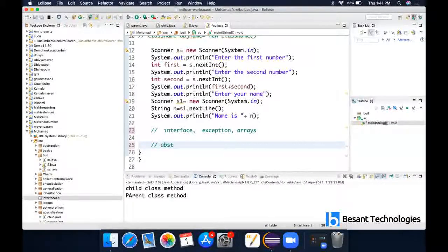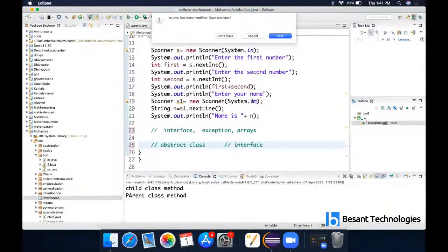When you see the difference between abstract class and interface, first, an abstract class will have normal methods, but an interface cannot have normal methods. So this is one difference. And if you see the similarities, an abstract class will have an abstract method which does not have its implementation detail. Similarly, an interface will have abstract methods without implementation detail, but it will be defined in the class that the interface is connected with. I'll explain that with an example. So I'll close all these things.